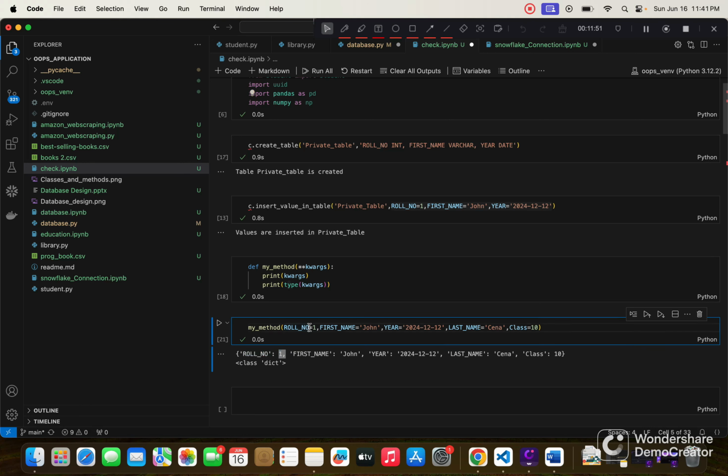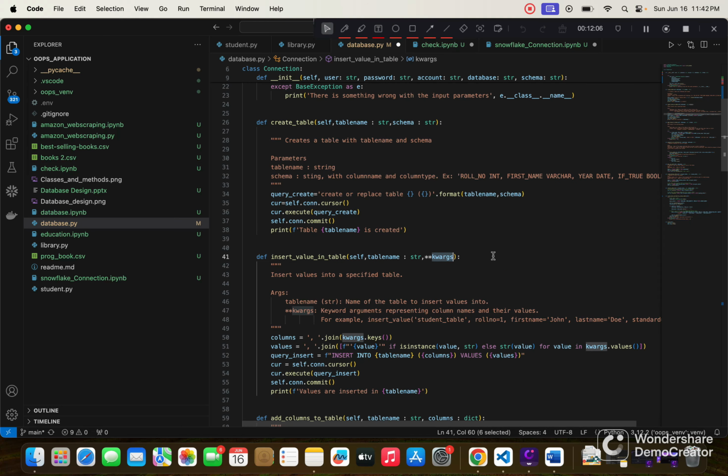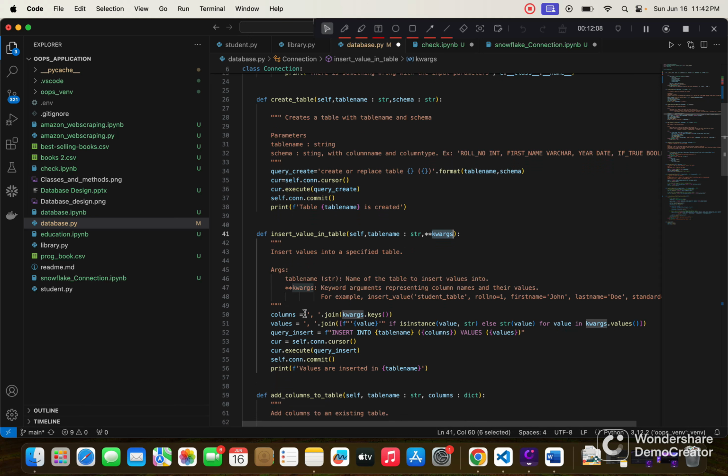For example, here roll number is the key. For this roll number, what is the value? 1. Key, first name, value, John. So these are like key value pairs. So that's what kwargs are, keyword arguments. Okay, so now coming here, I am creating